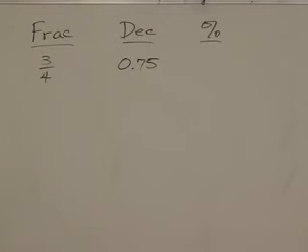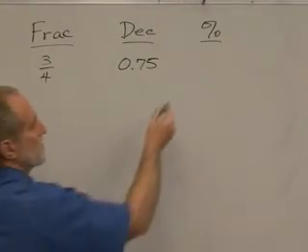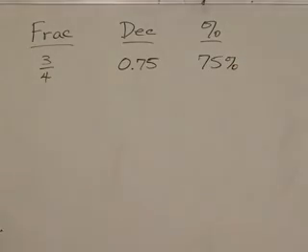And how do we change a decimal to a percent? 2 places to the right. Okay, so that's 75%. All right, what if we had a decimal